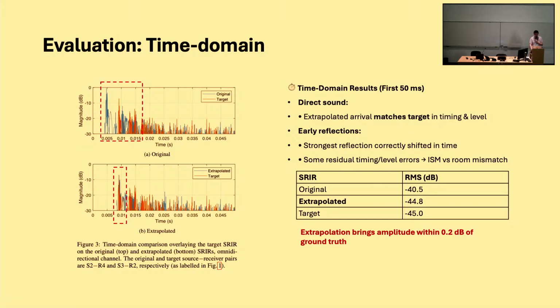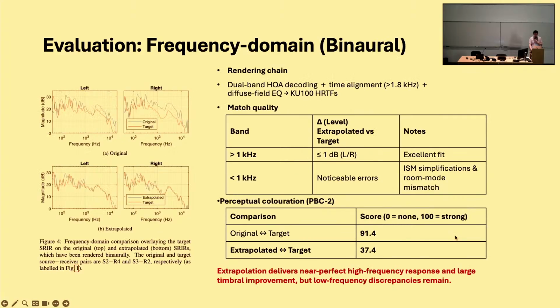Some early reflections match the pair, but some others not so great. But in loudness, the RMS, we only have a 0.2 dB difference over the whole impulse response. If we then look at the frequency domain,